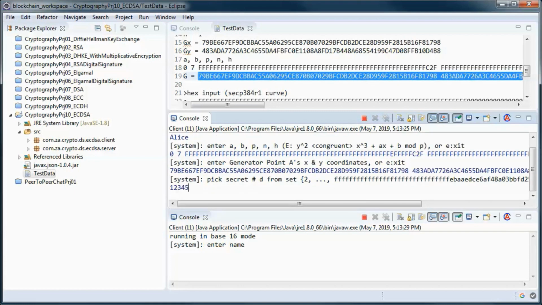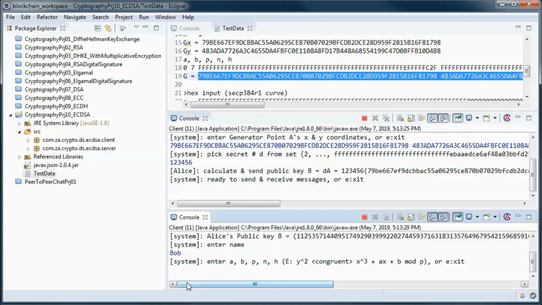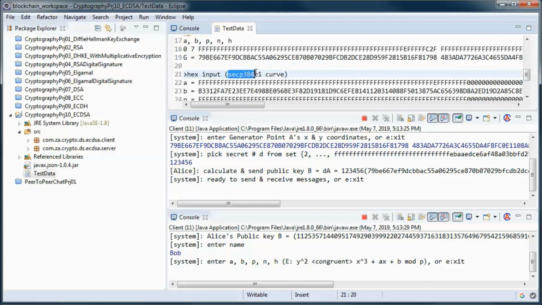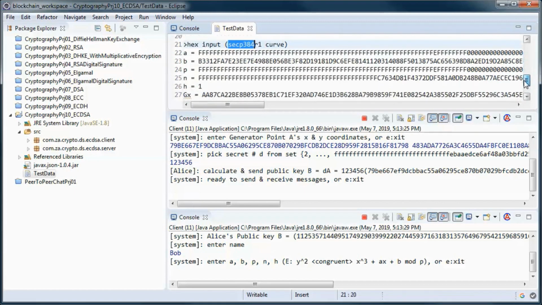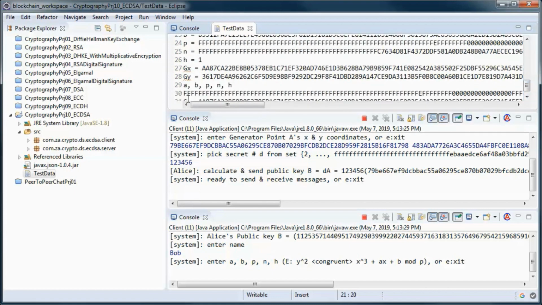Say she will use this secret key, and Bob will use this curve, secp384. So let's copy this.